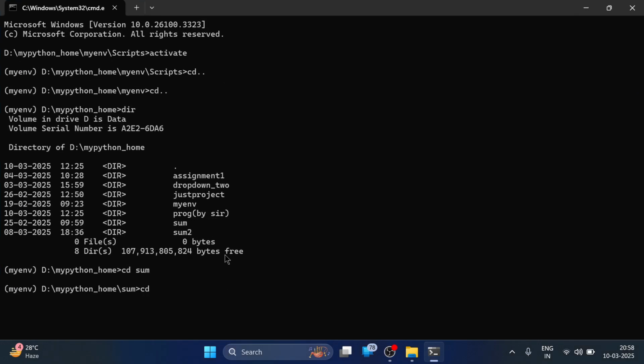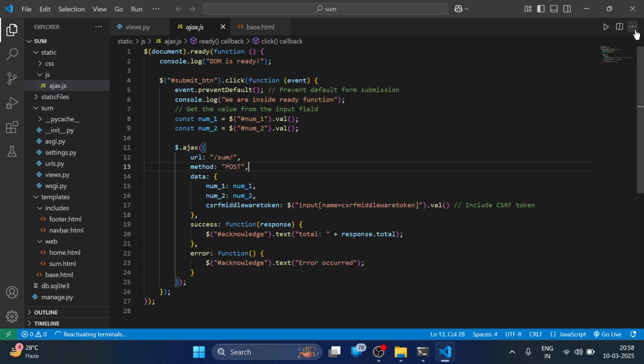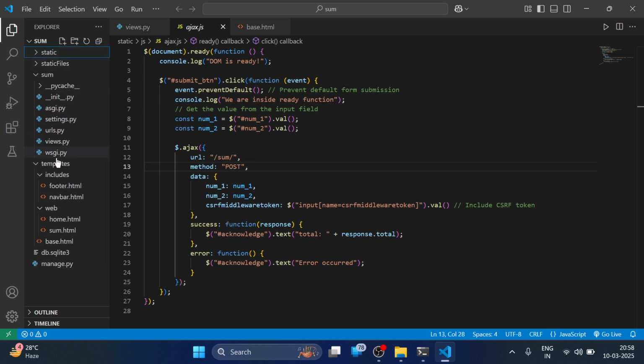and open VS Code using terminal. We use this command code space period. Let's press enter. My VS Code is open. So let's close this all